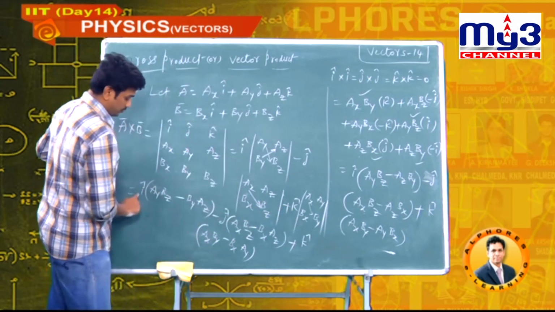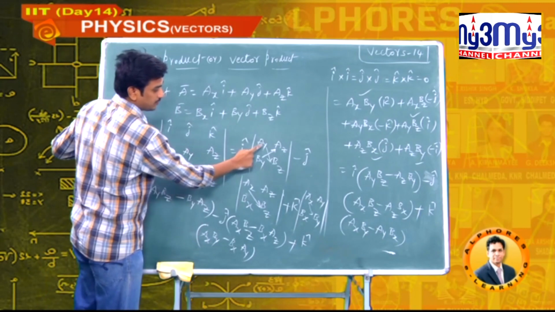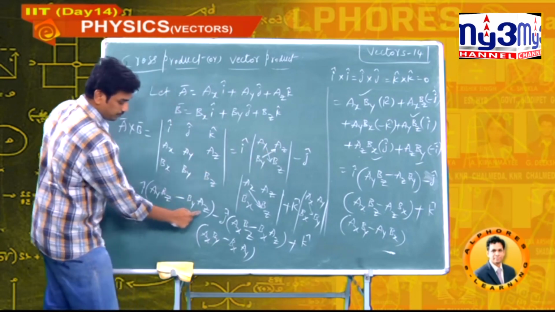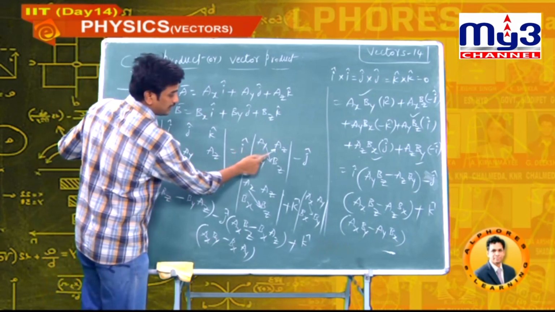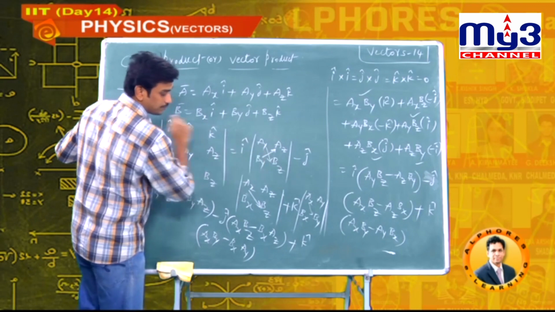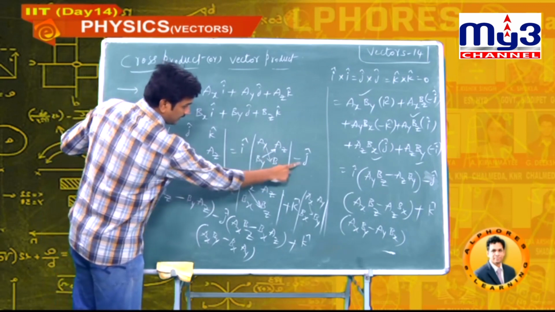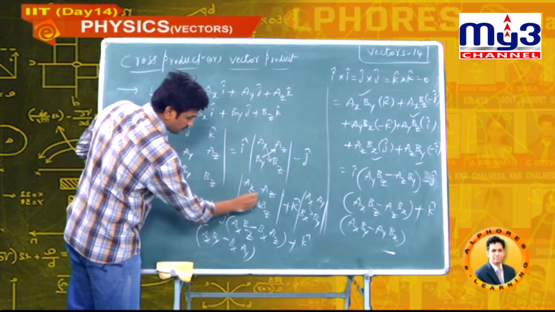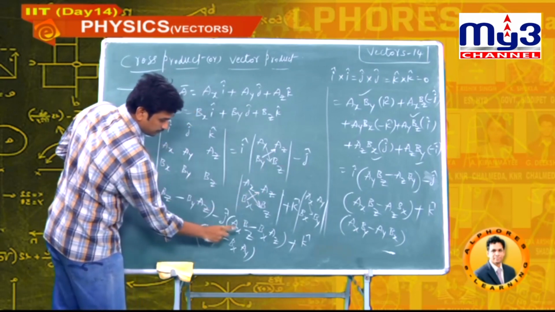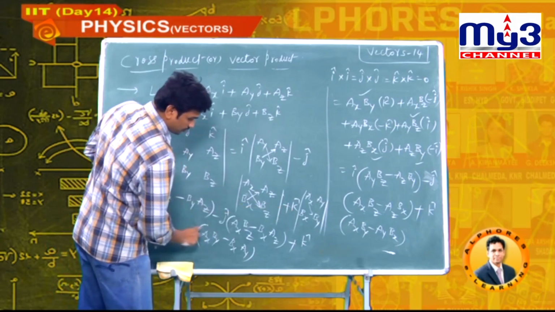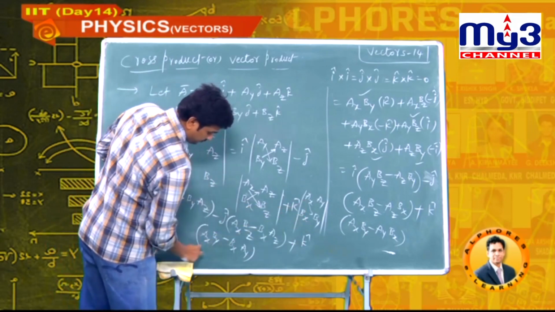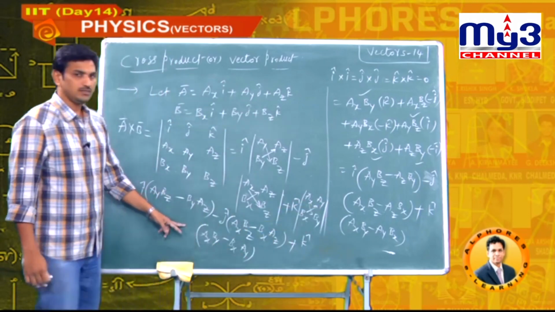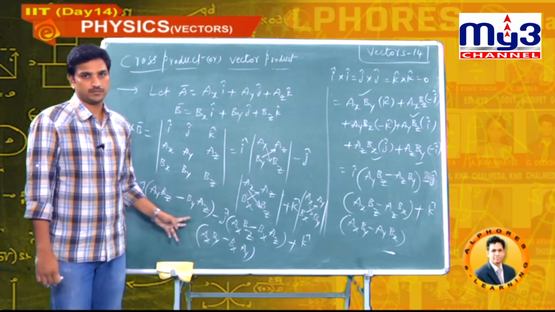Now I cap as it is. How to find the determinant? Ay Bz minus By Az. After this multiplication, minus, then do this. Next, second one, minus J cap as it is: Ax Bz minus Bx Az. Next, K cap as it is: Ax By, after this minus Bx Ay. I think you got how to do the cross product.